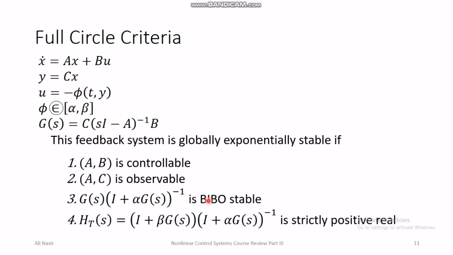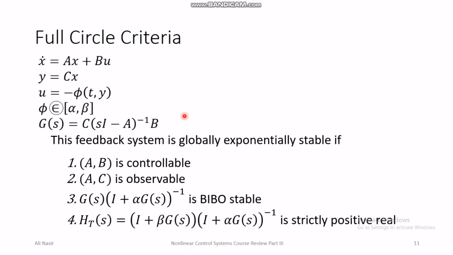And the fourth condition is that identity plus beta GS into identity plus alpha GS inverse should be strictly positive real. So if you put alpha equal to 0 into these four conditions, it boils down to the previous slide conditions, like the conditions for slope 0 to beta. So this is the general circle criteria, and if these four conditions are satisfied, only then the system is absolutely